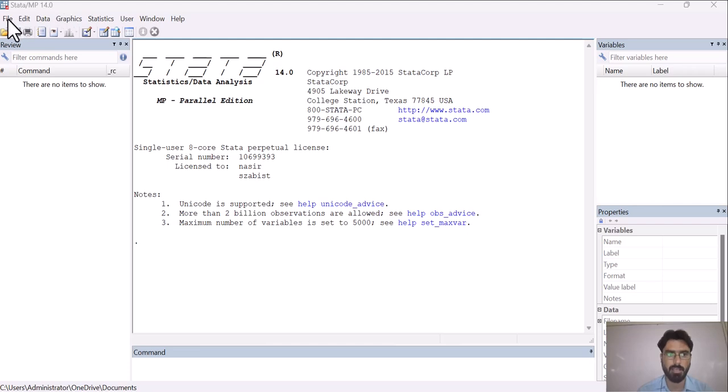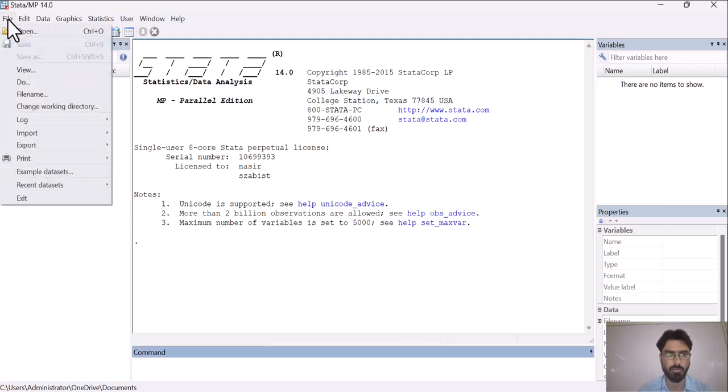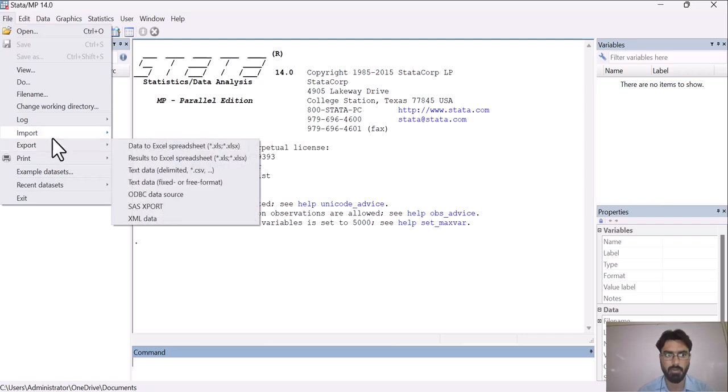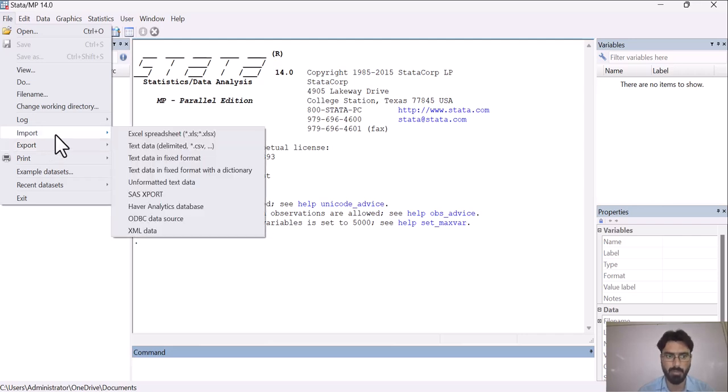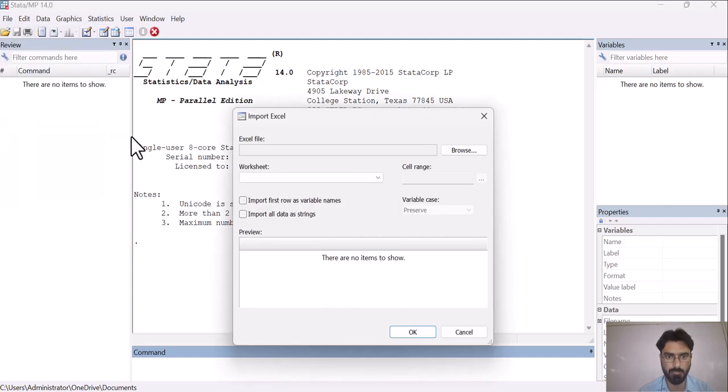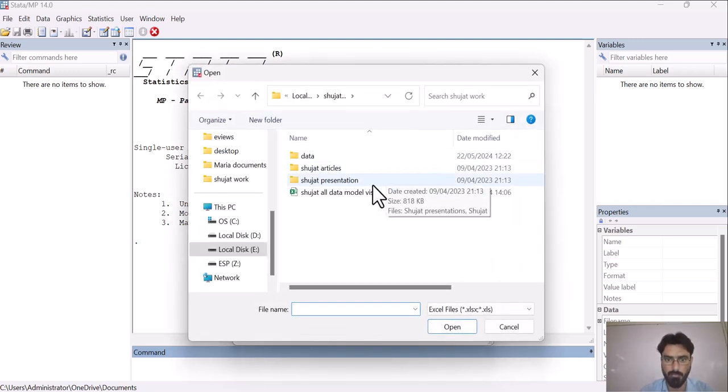So as you can see here, the File option, you have to go to File, then you have to go to Import. Here you can see that it is mentioning data from Excel file. So I am going with this option, Excel, as my desired data is available in an Excel file. Now I have to click on Excel spreadsheet, and here it is asking what is the destination of your file.